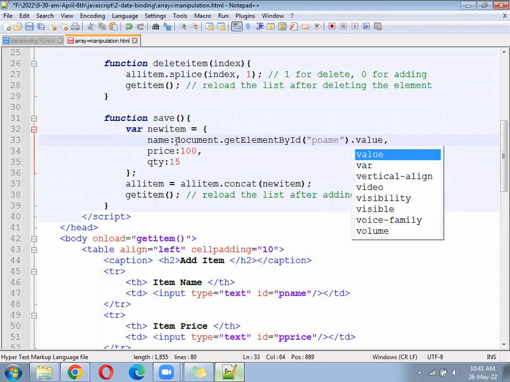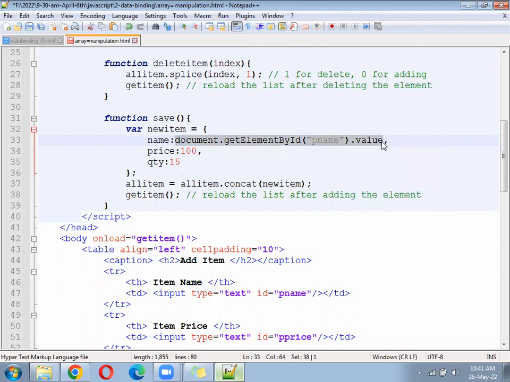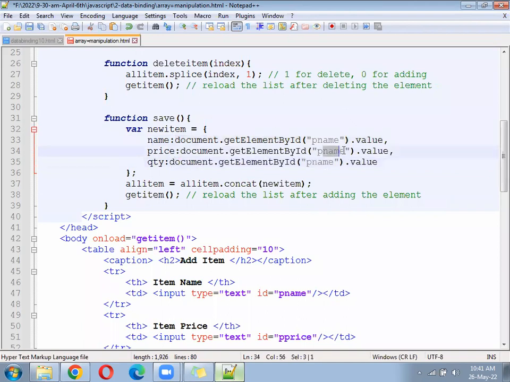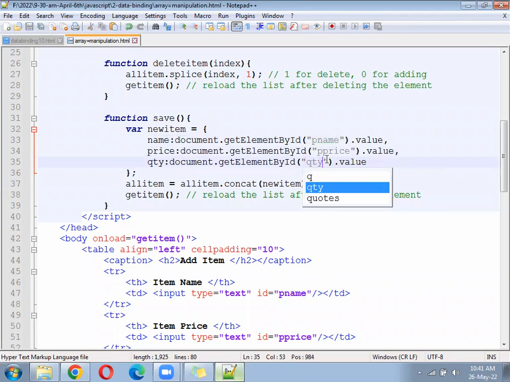Next, after that, pPrice.value and pQty.value. pPrice.value and pQty.value. Qty.value. pPrice, pQty. Now, if you click on the save button, hopefully it should display the list of